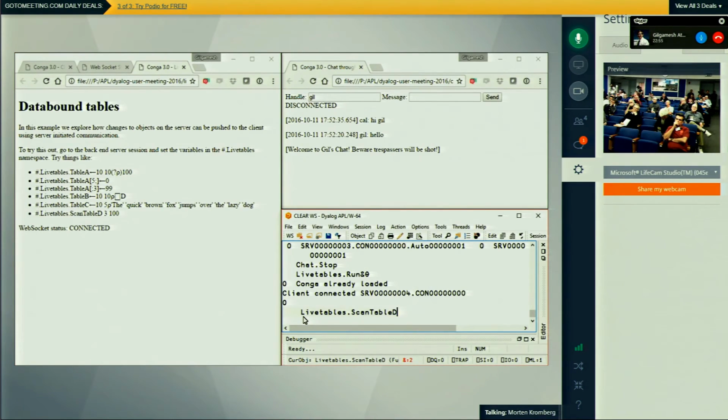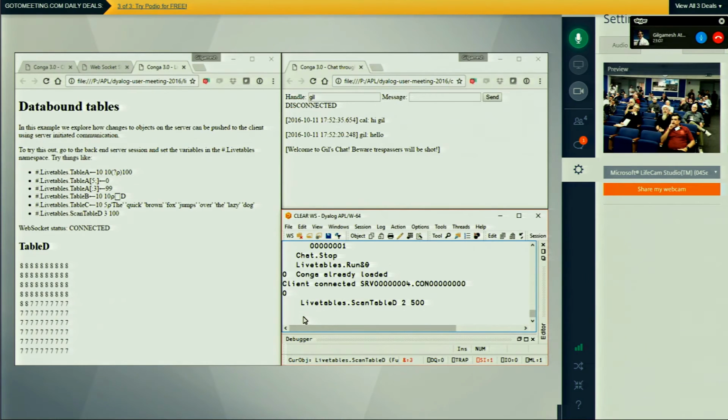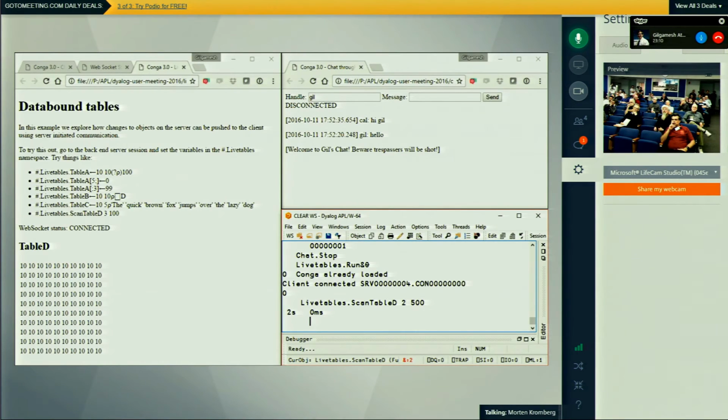I can then demonstrate filling up a table of 100 cells at a rate of 500 per second, which, as you can see there, is iterating through each cell by cell and updating it with a new value. So the throughput, although it is on a local machine, is still relatively high and incomparable to normal HTTP requests. So by establishing a WebSocket connection, we managed to send a new message every 2 milliseconds.